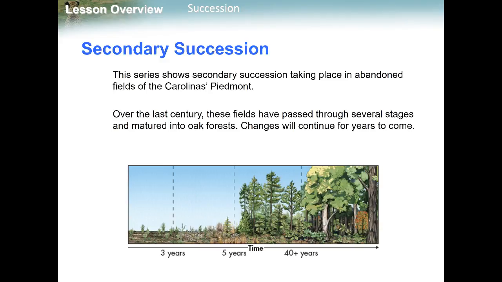And we last left off, we were talking about succession, and we were just giving an idea of secondary succession, how that can happen after a fire. So in this picture, we see the fields at Carolinas Piedmont. This is kind of representing the Piedmont that had been abandoned. And over the last century, these fields have passed through several stages where they now have a forest of matured oaks. This change took a long period of time, but just like we see here, it started out with a